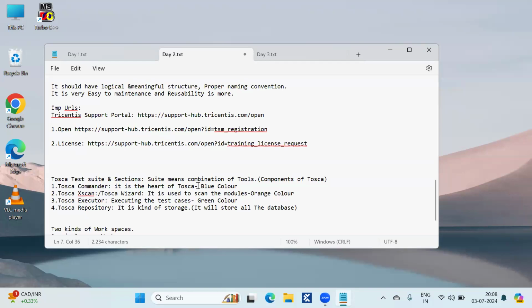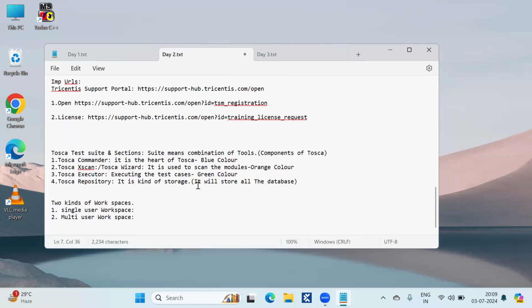Tosca Xscan is used to scan the modules, Executor is the place where we are executing the test cases, and Tosca Repository is a kind of storage where all the workspaces and database will be stored. And that's it for the components of Tosca.